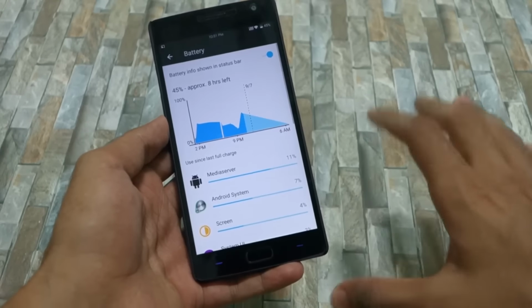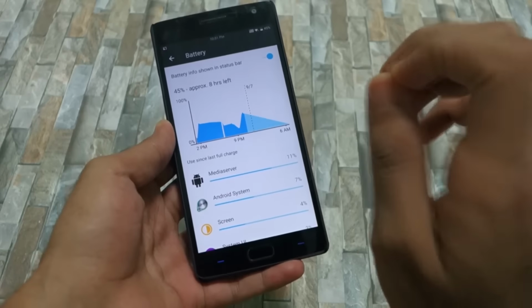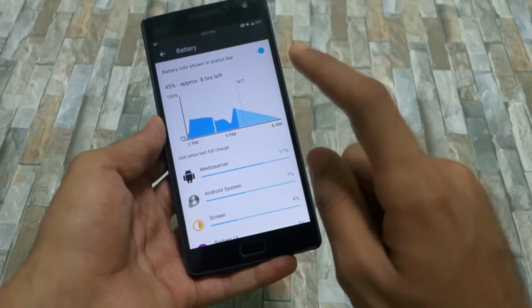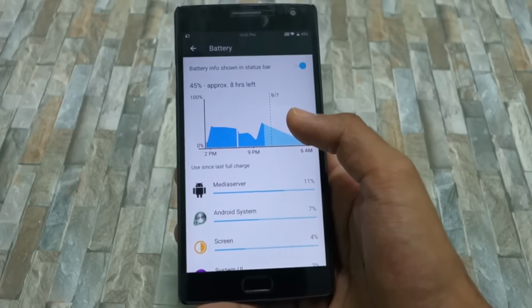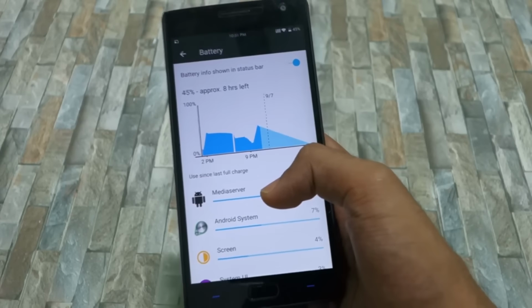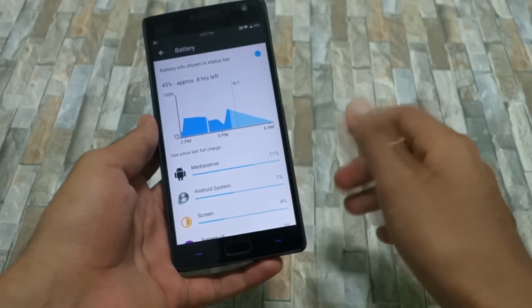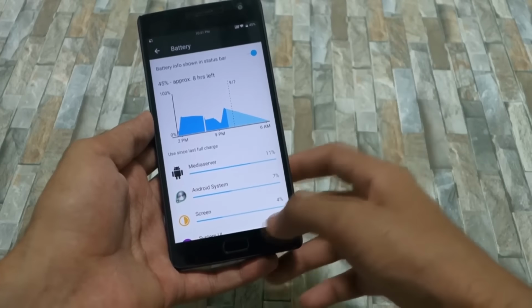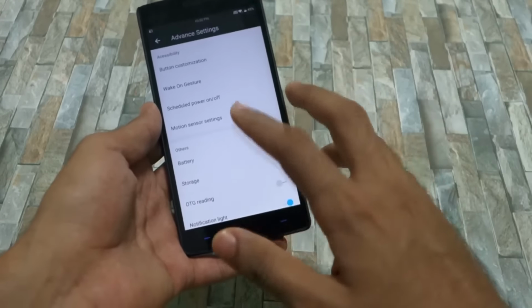And if we go into battery, there is one very interesting thing which is very bad actually, that Lollipop's battery saver mode is not present over here. So actually one day I was running out of juice. I had only 40% of battery and it was almost 1 PM, so I had to save a lot of battery. But as there is no battery saving mode, I had to turn down the brightness, turn off the fingerprint sensor, turn off all those things. So yes, not having a battery saver mode really hurts, and that's a bad thing. I wish the next version of Hydrogen OS will have the battery saver mode.